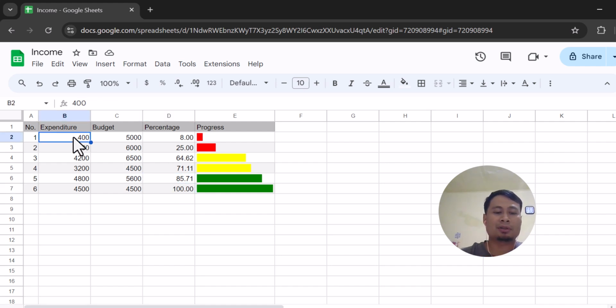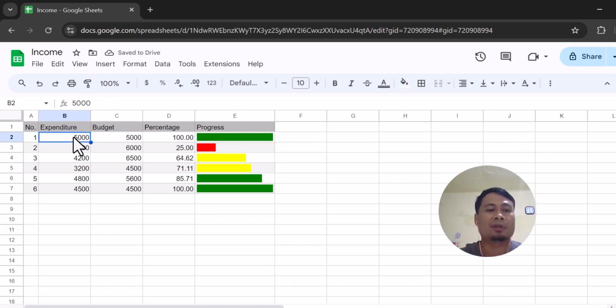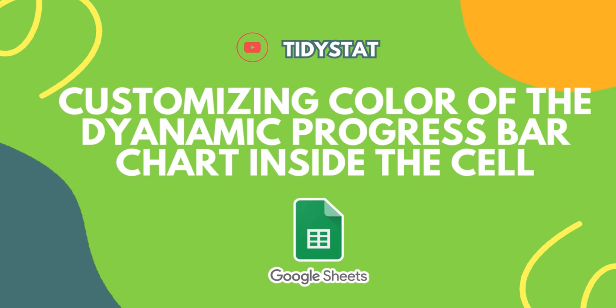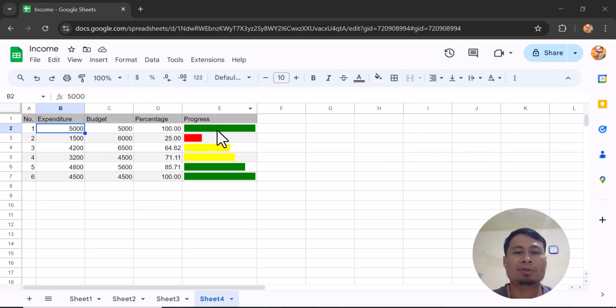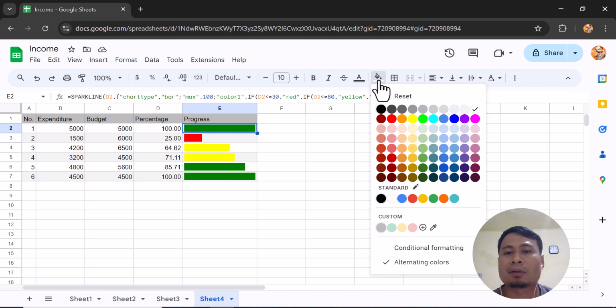And if you change the number like this, let's make it 100%. The dynamic bar chart corresponds automatically to the percentage value. Next, let me show you how to change the color of this yellow, green, and so on into a more interesting color. To do this, let's go to the fill color icon here, and then at the custom tab, click